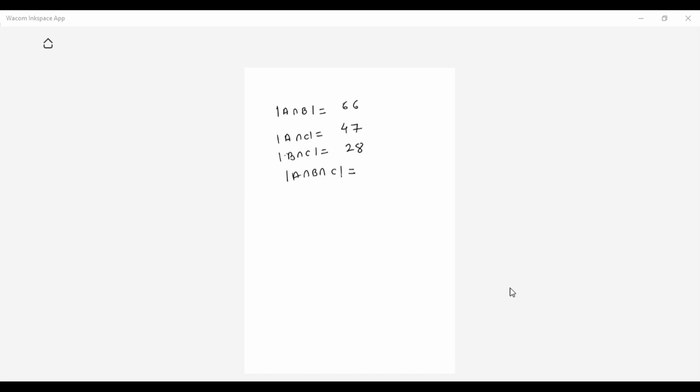And A intersection B intersection C. What is the cardinality of A intersection B intersection C? Anyone has got it? Very good, Mangesh. What about others? Pranjal, very good. I hope everyone is finding it out. Okay? You have to do it, student. Until and unless you are doing it, you will not get confidence. So you have to do it. Finally, 9. Very good. Okay, now everything is done.